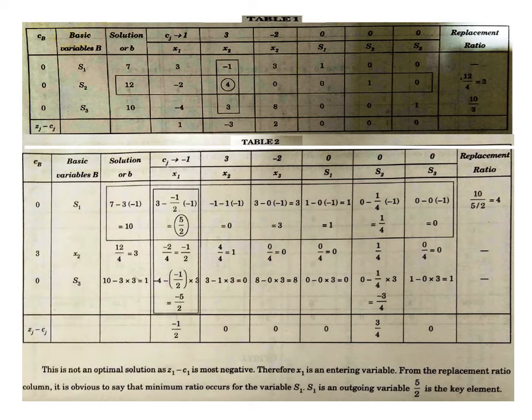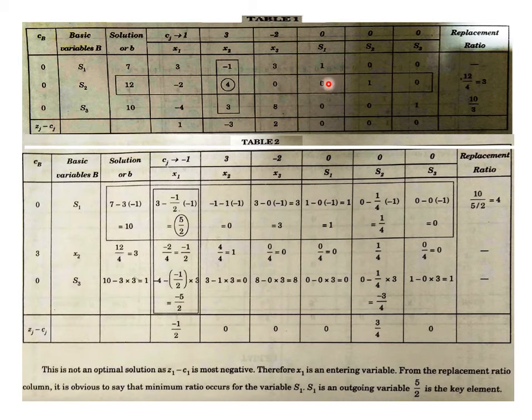Now you can see table 1 is shown again, because using table 1, table 2 will be created. In table 2, we get the second row initially. In place of S2 we have X2, as I told, and the cost of S2 was 0, and here the cost of X2 is 3, so 3 is written. And all these Cj and variables will remain invariant, copied from table 1, with B, S1, S3 at their places, S2 replaced by X2, and the cost of S2 was 0, the cost of X2 is 3.